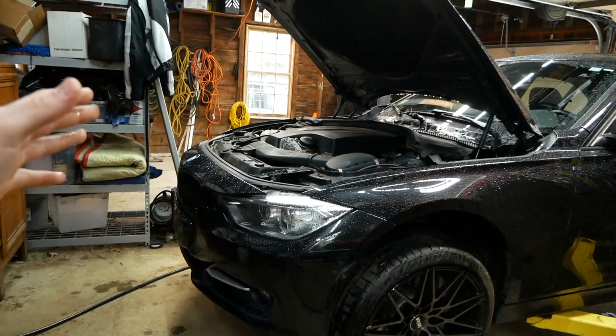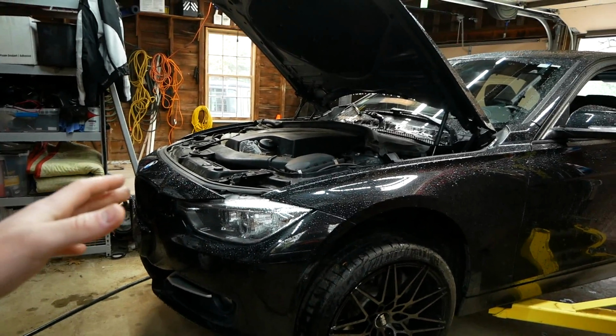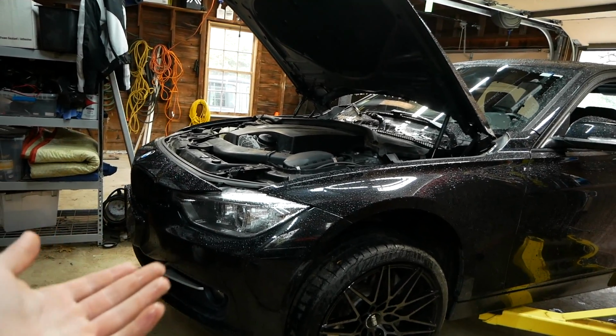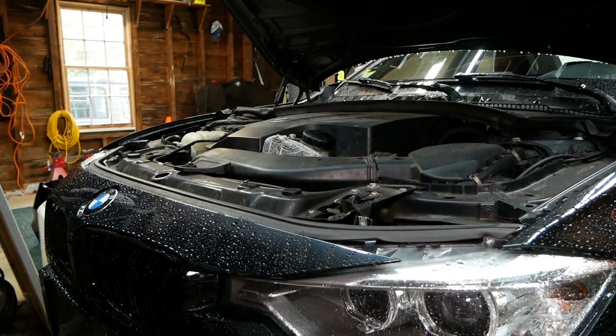As I always tell you guys, a lift is by no means necessary to complete this job. I will be using one today just so that I can better show you the process and all the locations of the fasteners underneath the bumper. But before I get the car too high up here, we'll jump into our first step of removing the front